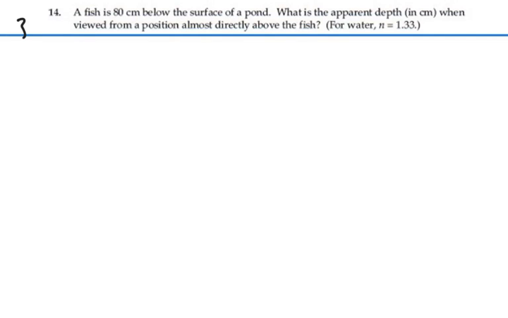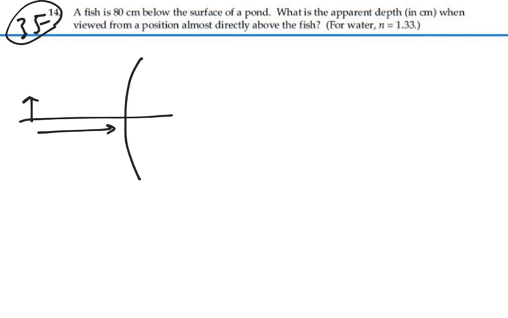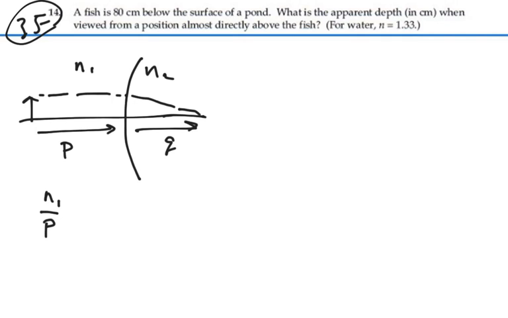Here's an alternate way of looking at problem 35.14. If we have a refracting surface, this is from chapter 36, and we have an object a certain distance p away from that surface, we can relate the refracting surface from an index of refraction of n1 to index of refraction n2 as n1 over object distance p plus n2 over image distance q is equal to n2 minus n1 over the radius of